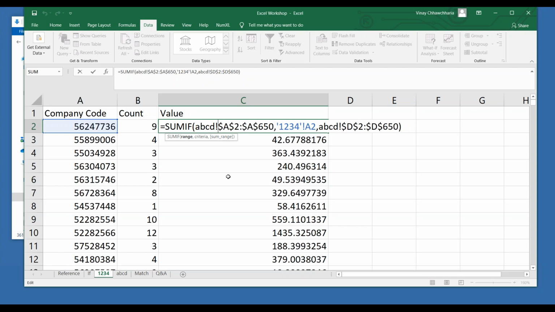In SUMIF, it gives you the total of a particular attribute. It can be the amount of money given, it can be marks obtained by a particular student, it can be anything. Count is only giving you a count. In SUMIF, it gives you the total of those entries. So there is a big difference.